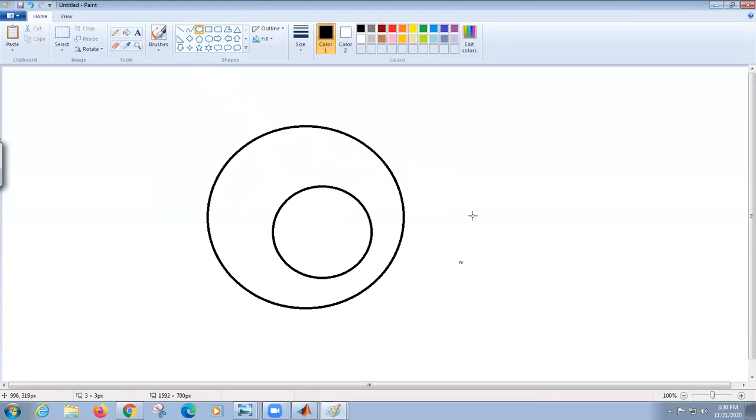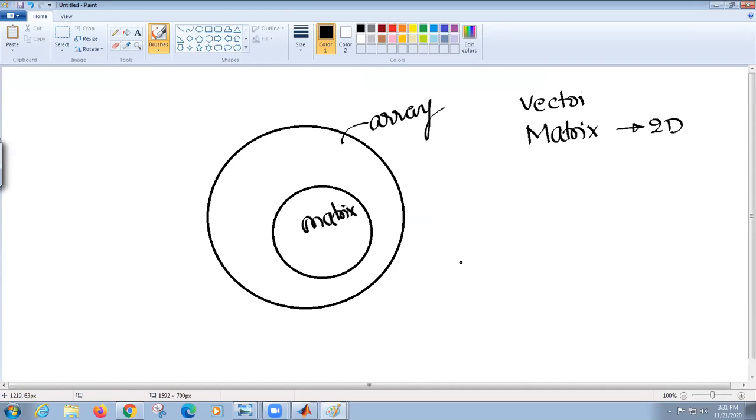Okay, like this. Now, if I say this guy is an array, can I say him as a matrix? Because what dimension is the matrix here? Matrix is 2 dimension. Vector, what dimension?